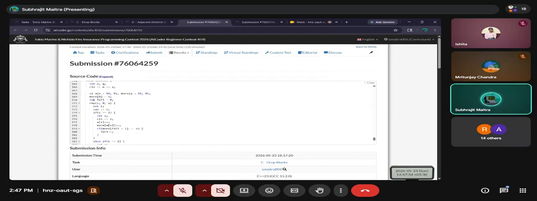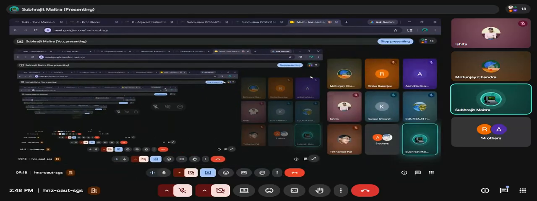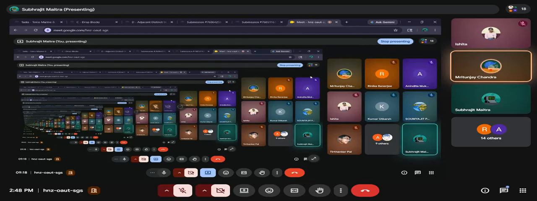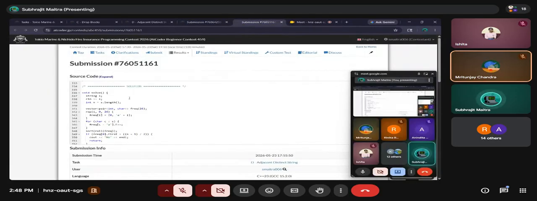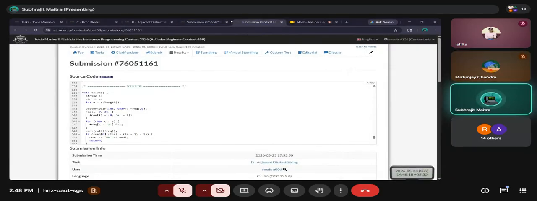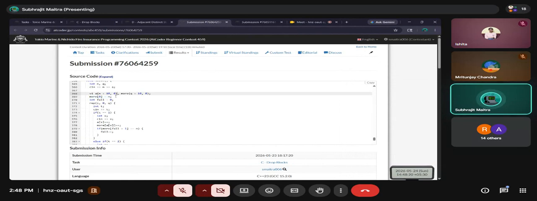See, absolutely what I have told, I have done here. Initially, can you understand this one? Mode of 0 is n. Can someone tell me what it represents? Mode of 0 equals n. Why have I done this? It means 0 blocks is contributed by all the n cells. Absolutely correct, because in the starting, all the cells have 0 blocks. So initially, mode of 0 is n.